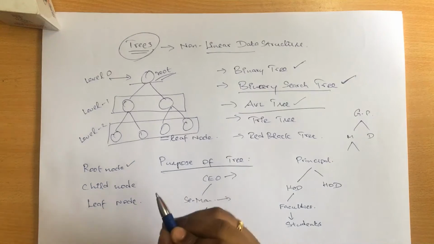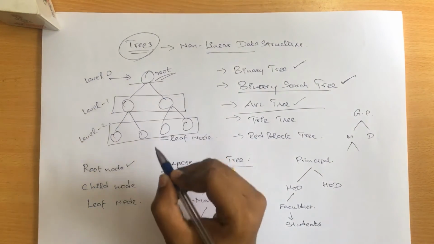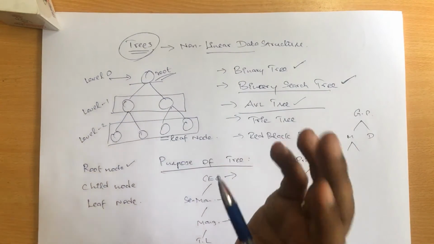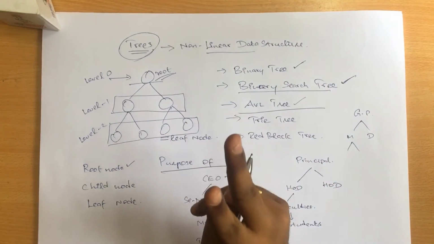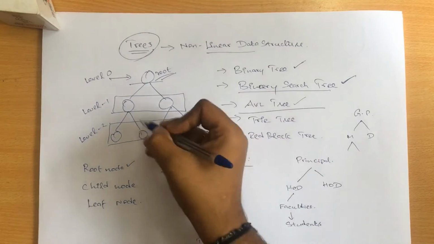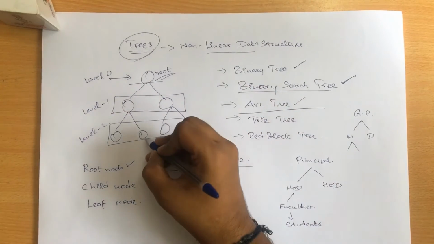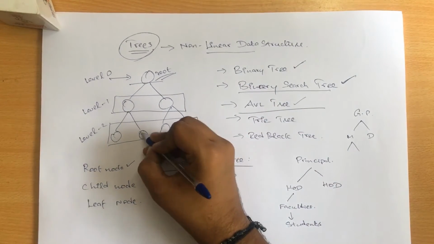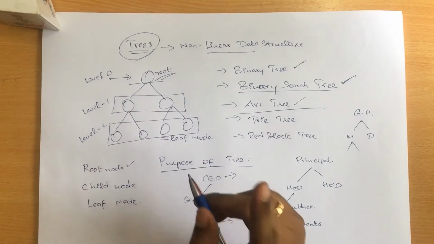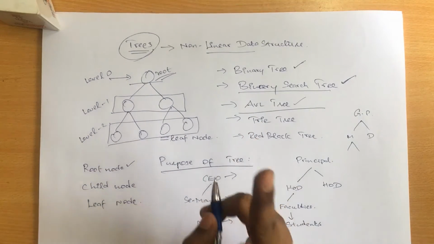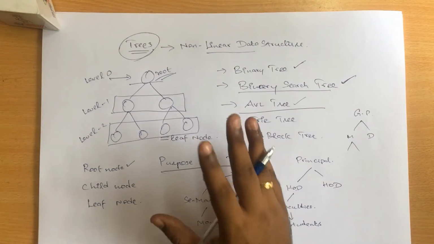And here the main thing is each and every node can have at most 2 children, right? So it can have either no children or 1 child, or it can have 2 children at max and not more than that, right? So if I want to include some more children, it should be a branch of the next children, right? So this is how a tree actually works, and one node can have only 2 connections at a maximum. So this is what a tree algorithm is going to work.